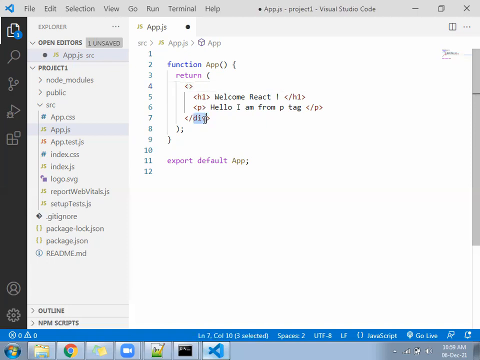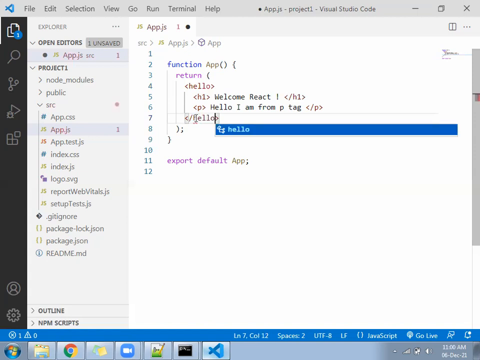We have another word called XHTML. What is the meaning of XHTML? X is for extensible, and HTML is the same hypertext markup language. So if you are creating your own tag, then it is called XHTML. I deleted the division from here and I will use a hello tag open and hello tag close.